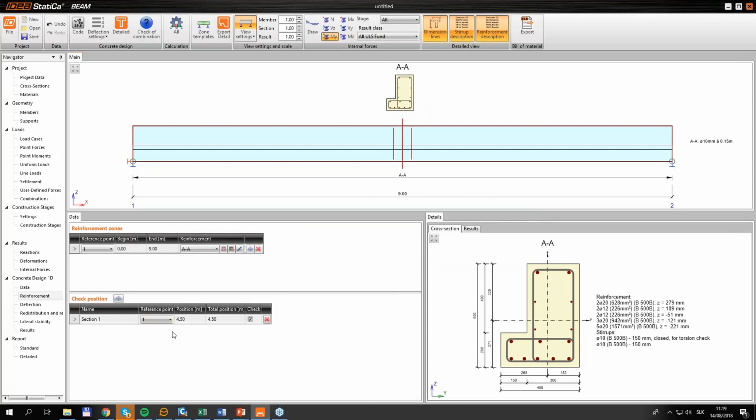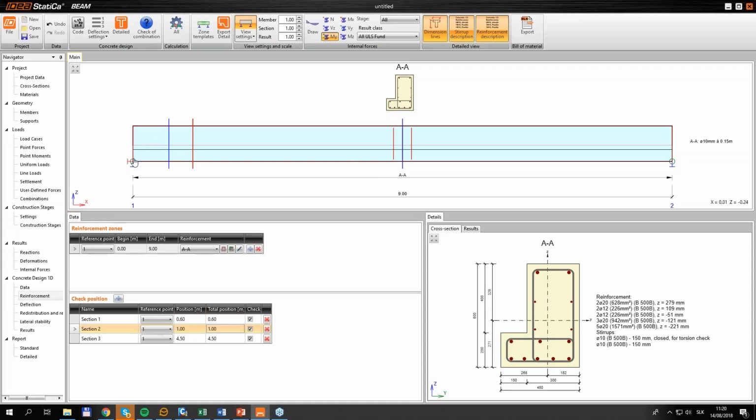And the second thing I can define here is the check position, because for this type of beams with construction stages, I need to define the checked positions. So let me check 3 of them. For instance, it can be like 0, yeah, sorry for that, 0.6 and maybe 0.9 or maybe 1 meter. And at the midspan,